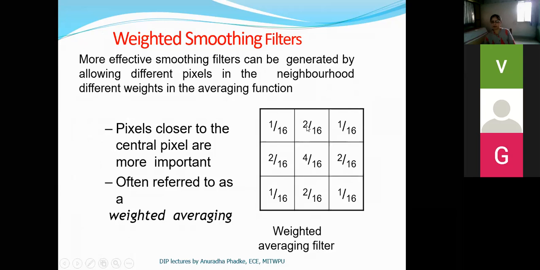For vertical and horizontal neighbors, the weight is slightly reduced, which is 2 by 16. And for diagonal neighbors, the weight is further reduced, which is 1 by 16. So in the case of a weighted averaging filter, weights are assigned according to position. Closer pixels have greater weight and farther pixels have less weight.